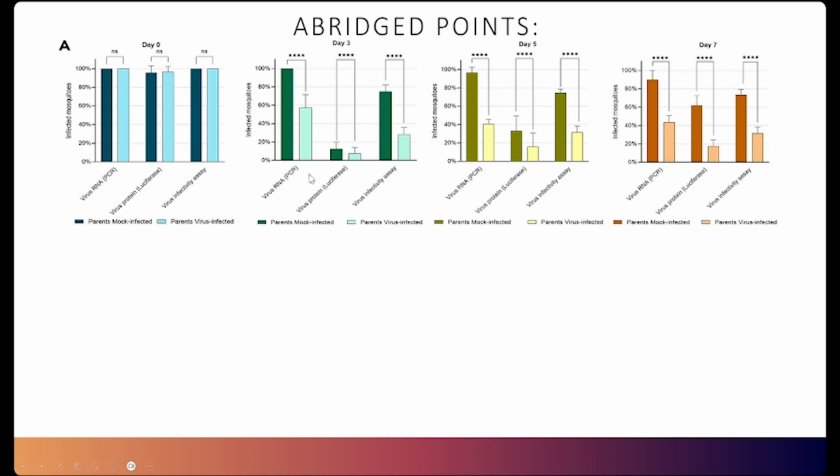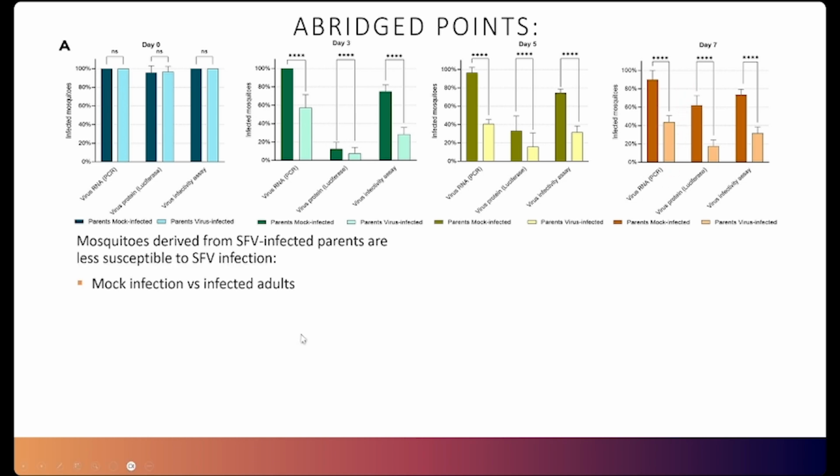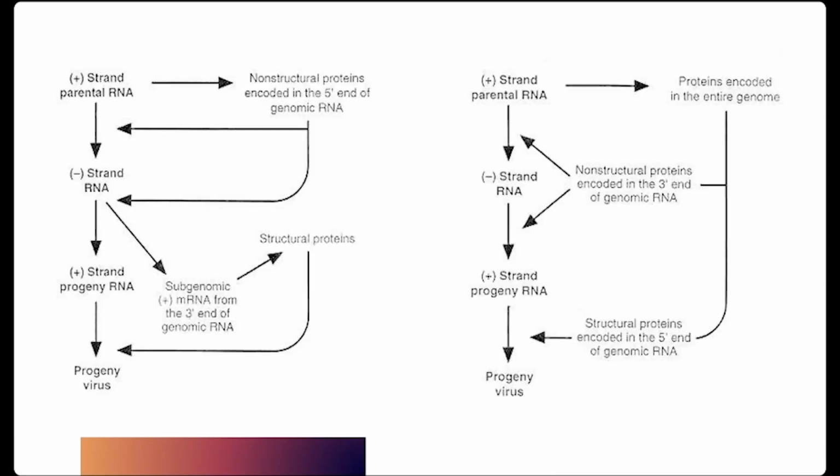Can you guys see my mouse, or should I use the little pen? You can see the first generations here, they're fighting off that virus, and in the second generation, they have resistance to it, so over a few days they are reducing that virus. And these are just different virus proteins that they're fighting against. If they have a longer genome, they're able to fight it more effectively, even the initially infected ones. So they're less susceptible to SFV infection, and that's the reduction in susceptibility.